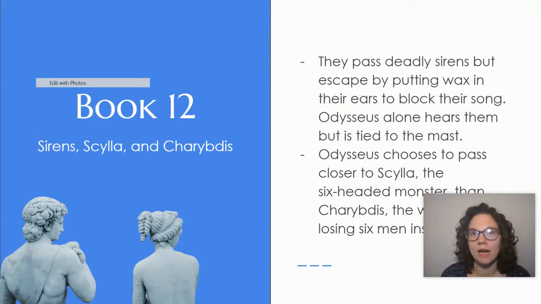They pass the sirens, which are typically depicted as bird women. They're also called harpies sometimes. They sing a song that draws ships to their shore. They then wreck on the really sharp rocks, and then the harpies and sirens swoop down and eat them like birds of prey would. So they're deadly, but they entice sailors to come close enough to be destroyed, to be